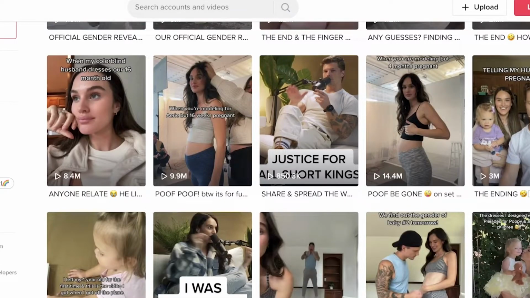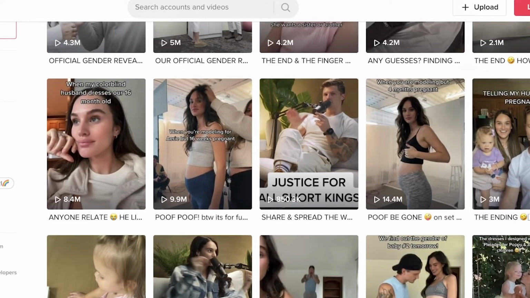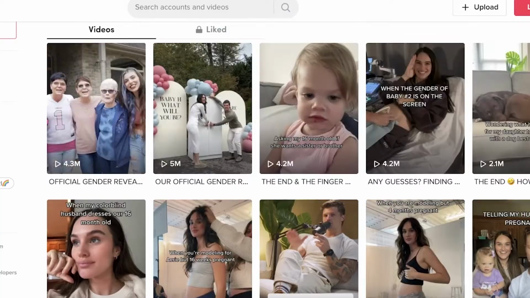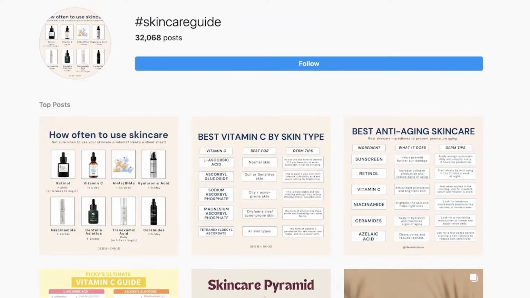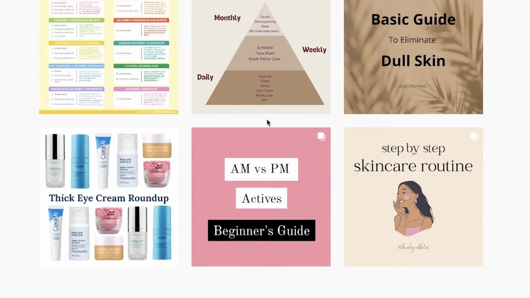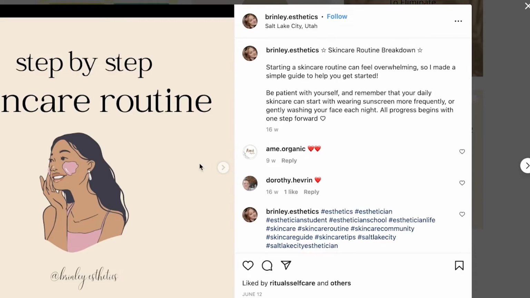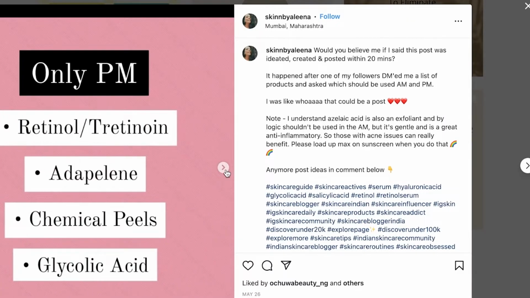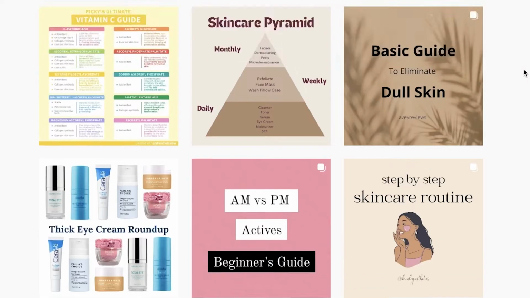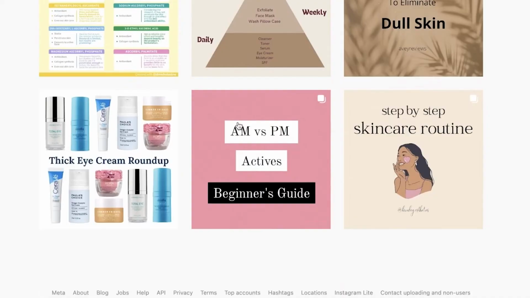So we have TikTok, we have how to make product or how to make service TikToks, then you have podcasts, then you also have Instagram. And the basics of Instagram, how to promote it on Instagram, use hashtags, all that stuff. But what I'm talking about is making Instagram guides. So Instagram guides are just like a couple of slides like these, where you can be promoting your service. Now, how do you do that? You don't need to actually create them all by your own post.